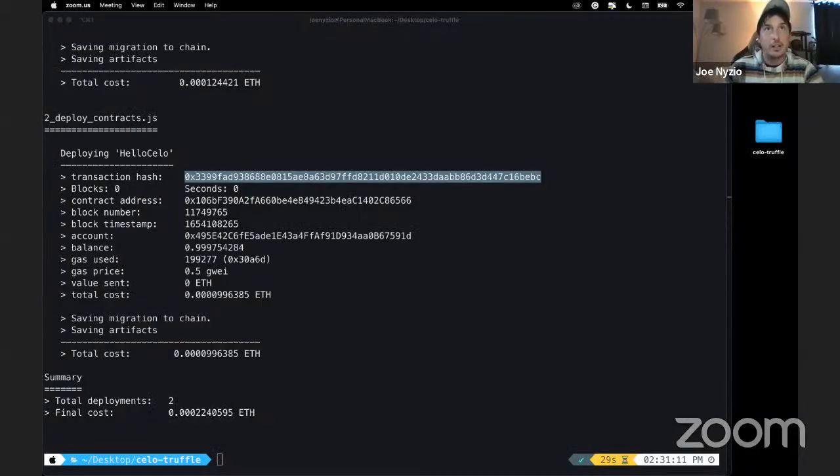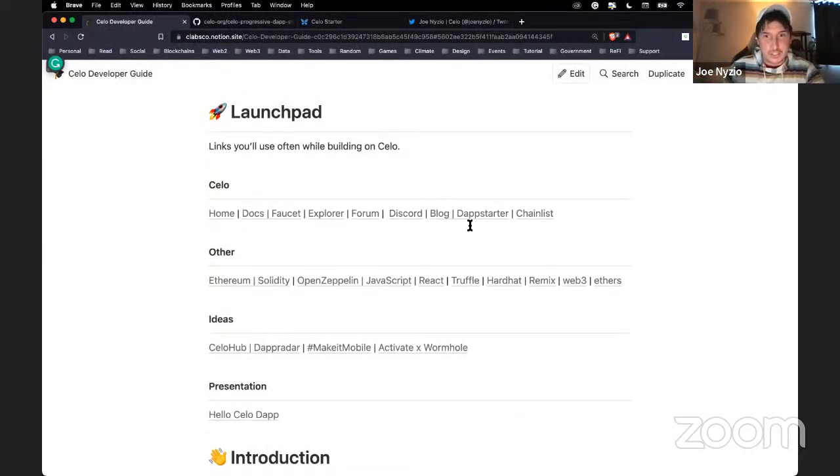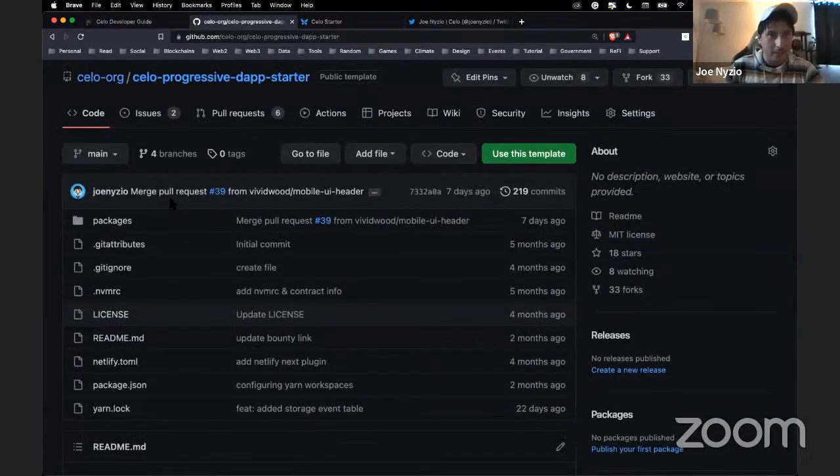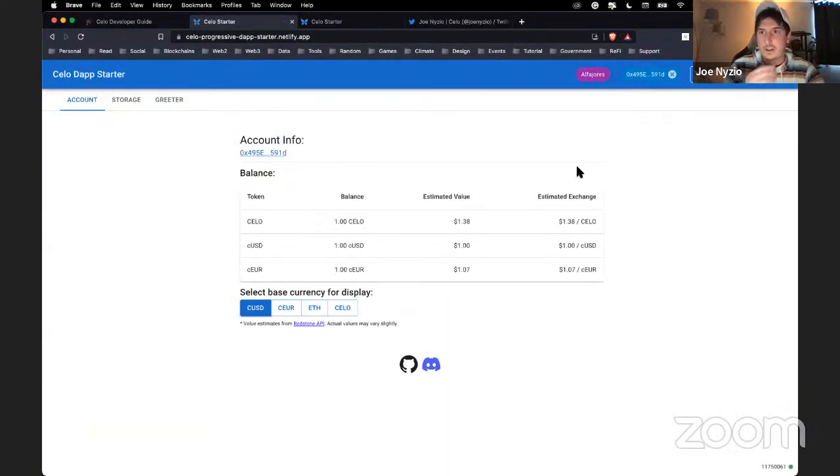While you're talking, Nestor, I realized one thing I should have done real quick. Hopefully not take too much time from people, but just wanted to share. I just kept saying, like, use Dapp Starter. And just to show you, is my screen sharing? Yes, it is. Okay. Yeah, you can find it back in the launch pad. It'll take you to this repo where you can get started. But one thing to click on would be we have it live on Netlify. So you could just check out what it even means to like get started with Dapp Starter.